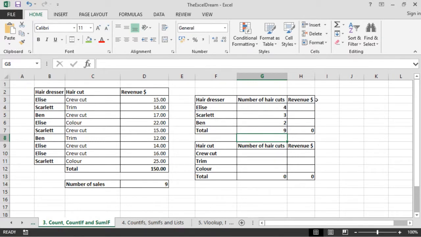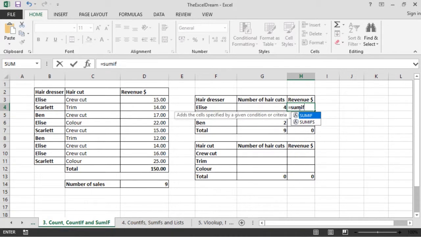Now we can also look at the revenue generated by each hairdresser. To do this, we're not going to be using the count formula because I actually want to add up the revenue that they've generated for each of their sales. So we're going to be using the SumIf formula. So I'm going to click in cell H4 and write equals SumIf,